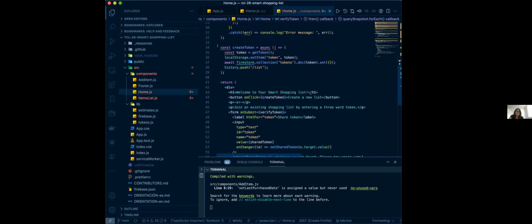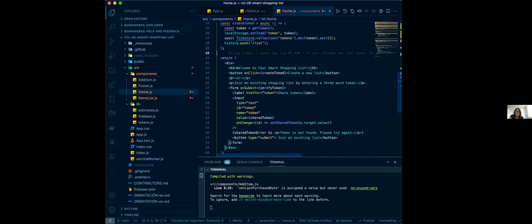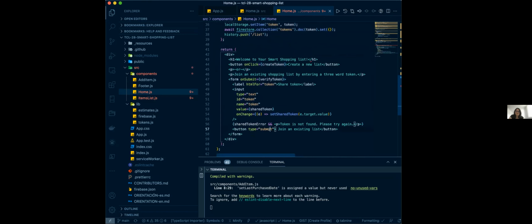Yeah, here it was already here before. Create token is for this button. This other one is for checking the error. If there's an error, it's showing the error part. For the demonstration,